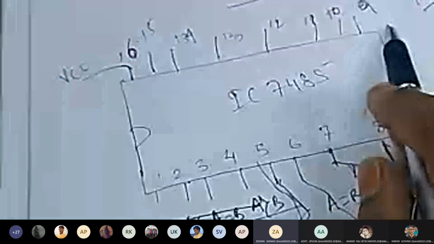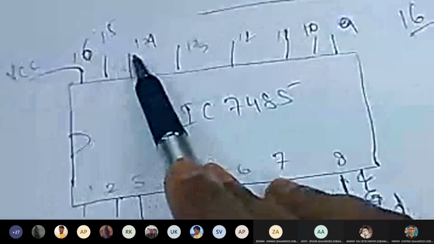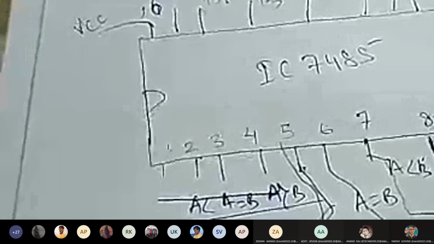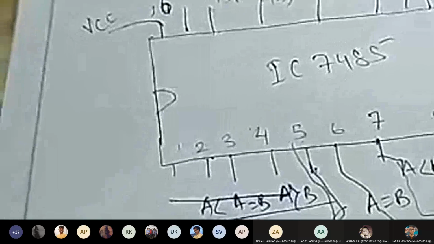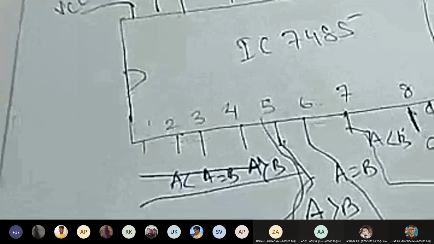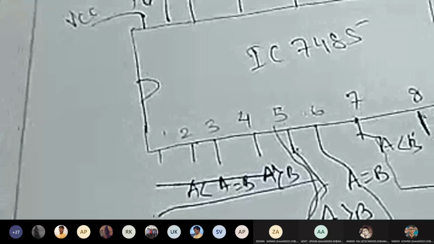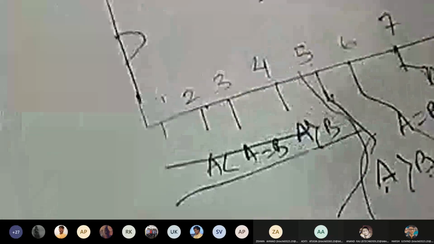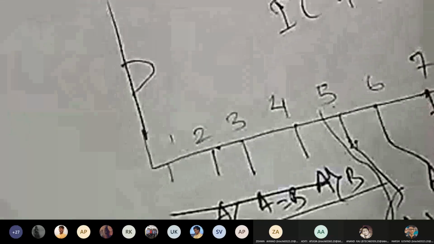Where to put the inputs. Okay, so we will be putting the inputs in these pins. As it is a 4 bit, suppose I am taking two numbers A and B. A will have A3, A2, A1, A0, and B will have B3, B2, B1 and B0. So we'll keep on writing here. How will you write here, tell me.